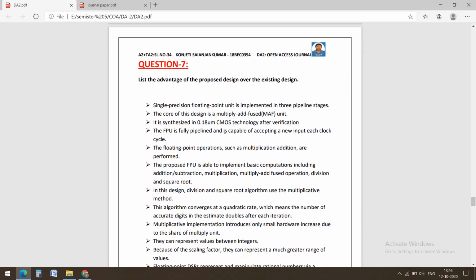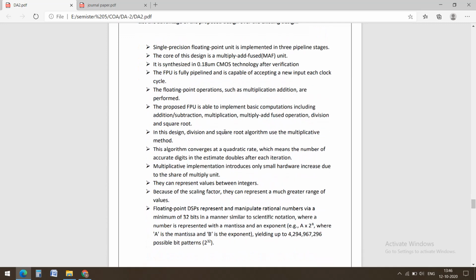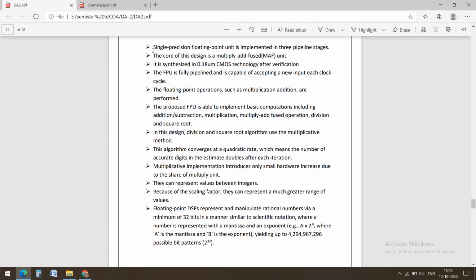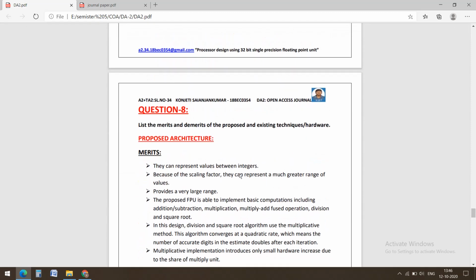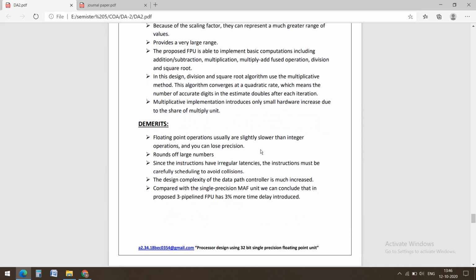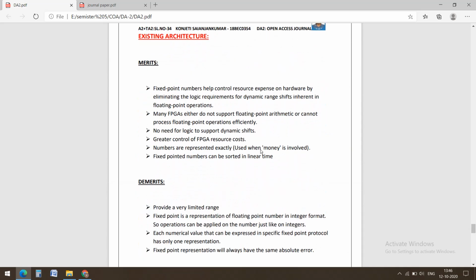These are some of the advantages of the proposed design over the existing design, and these are the merits and demerits of the proposed architecture and the existing architecture.